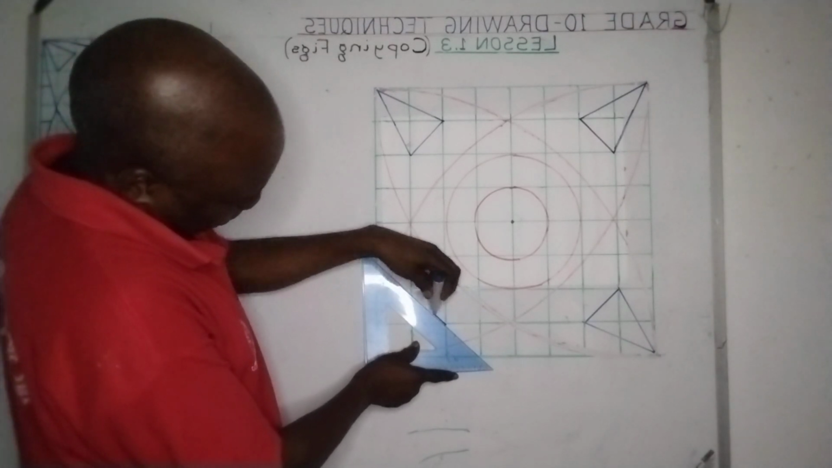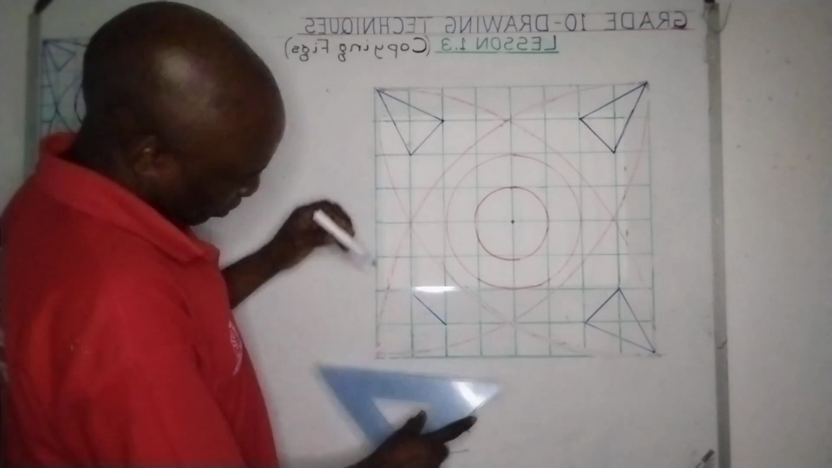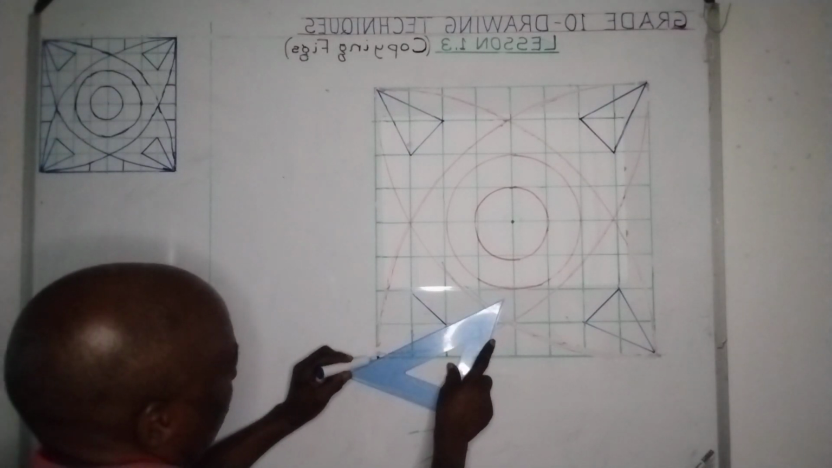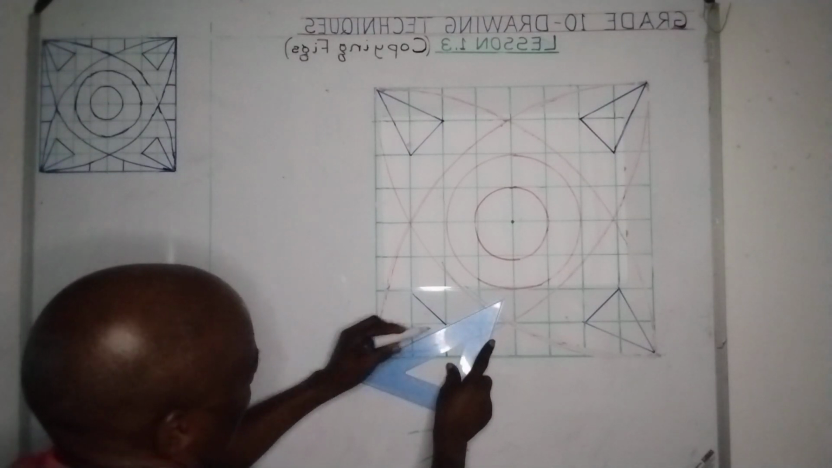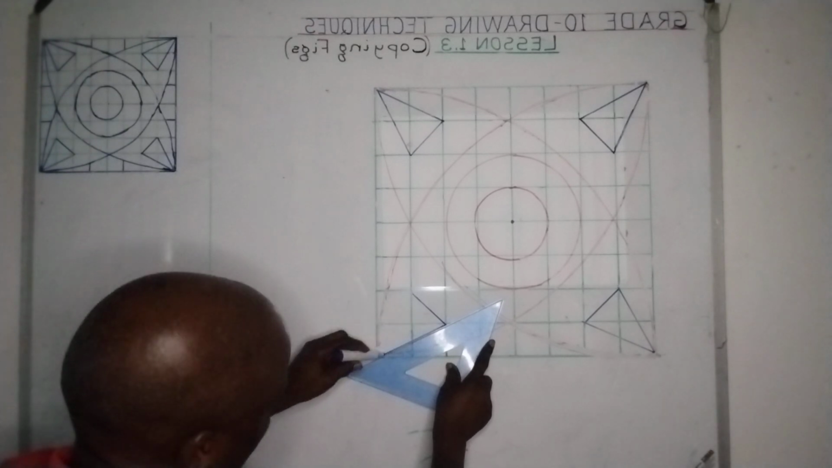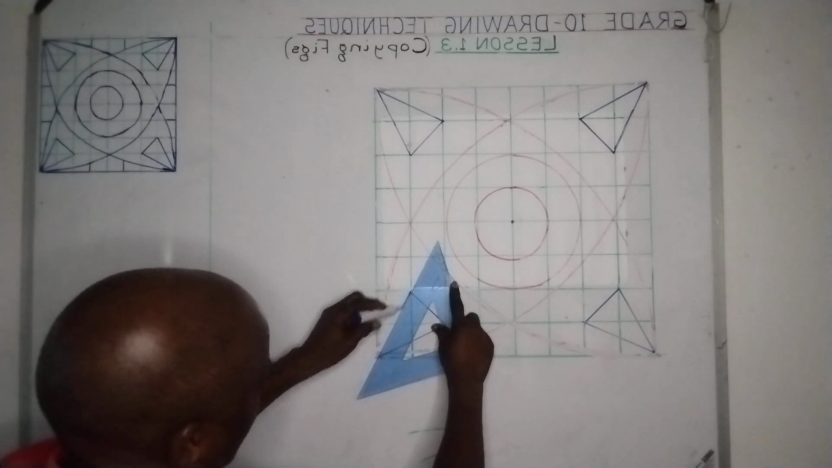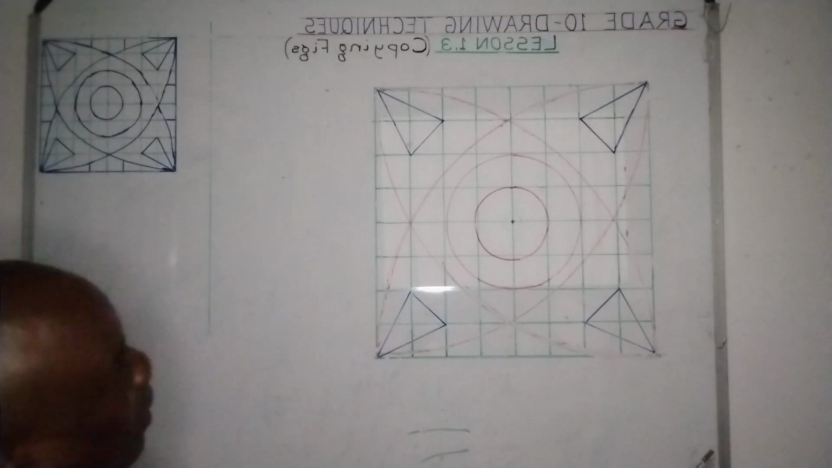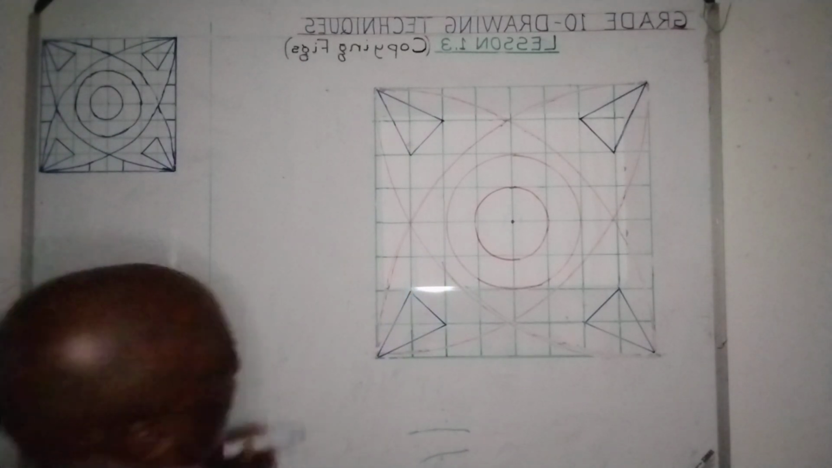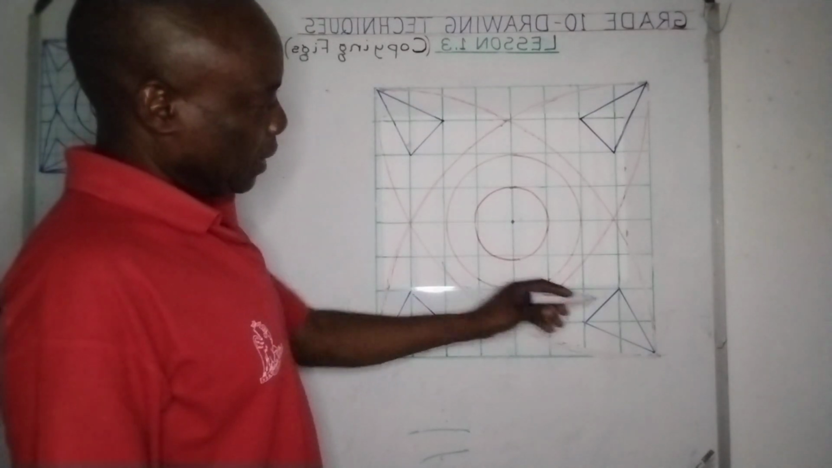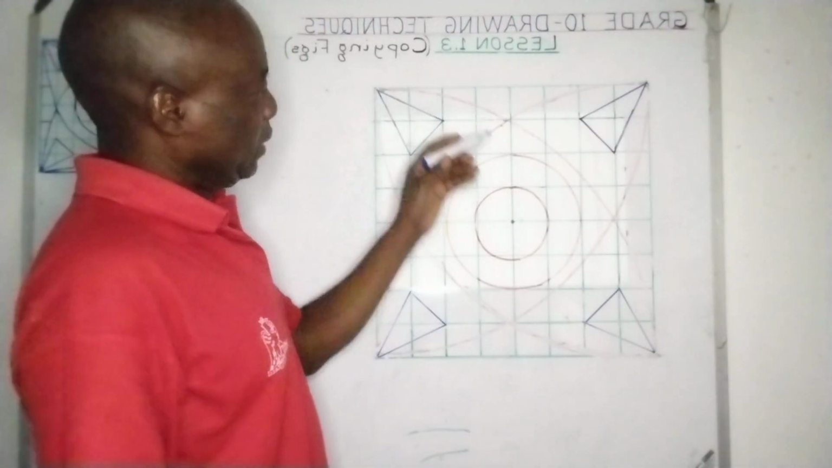I have to buy another pair of compasses. Right, like that. For visibility sake, I think I'll have to go over this in blue so that it comes out visibly. And then what else? We also have